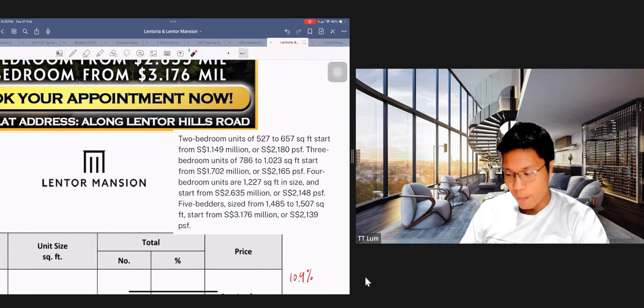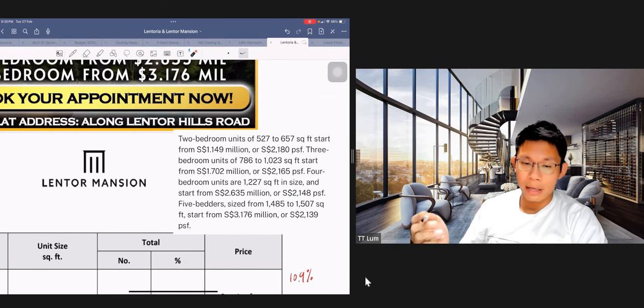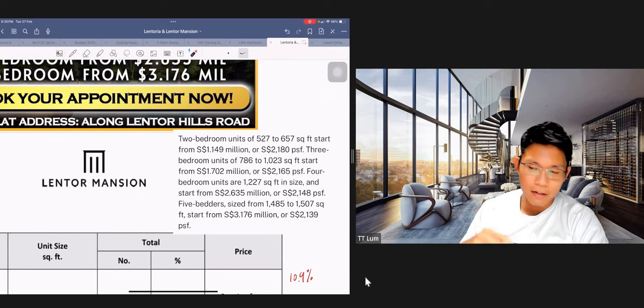That's why from now on, if you look at those developments before Lentoria, like Bukit Timah Link and before that, versus those after Lentor Mansion, you'll see the PSF is quite a bit of a jump. That's why it may not always be accurate to use purely PSF only. No matter what the older generation say, what the PSF so high, last time we bought how much PSF,